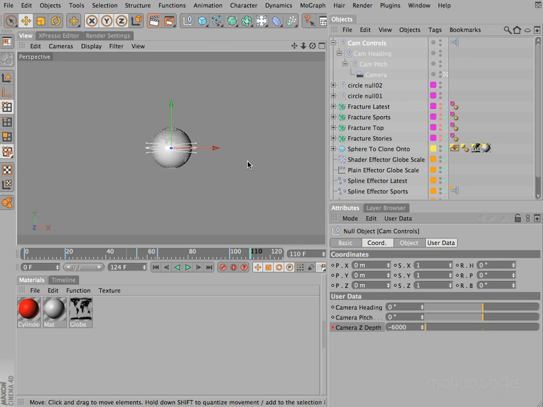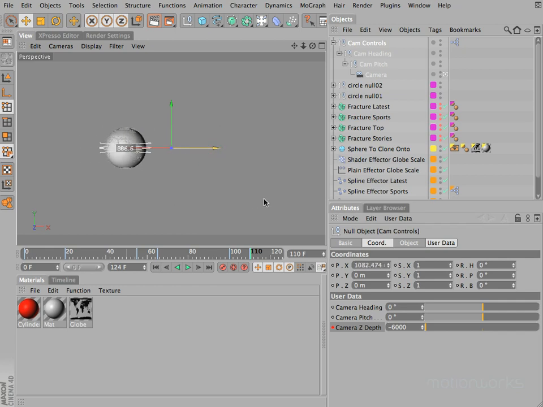I'm not sure exactly how far across this needs to go, but at this point we can animate the position of our camera null, so we move the actual camera controls, and if you notice, what we can do is we can just drag this to the left or right, and that will reposition our camera. And this will mean that the move is quite easy to adjust because we can adjust the Z depth or we can adjust the X parameter individually. I'm just going to reset that for a moment,